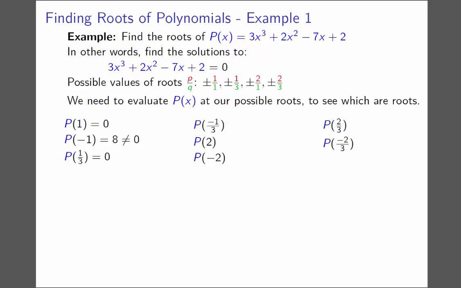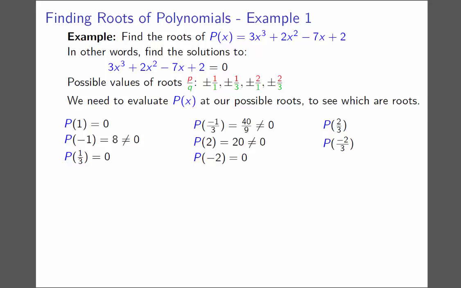Evaluating at 1/3, we find that p is 0. Evaluating at negative 1/3, we get 40 over 9, which is not 0. And evaluating at p of 2, we get 20, which again is not 0. But when we evaluate at negative 2, we get that p of negative 2 is 0. We could stop here because we have found that p of 1, p of 1/3, and p of negative 2